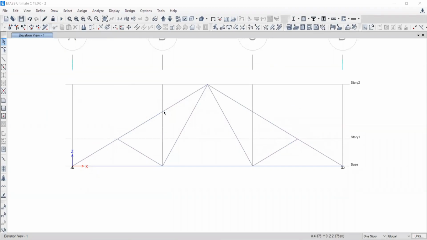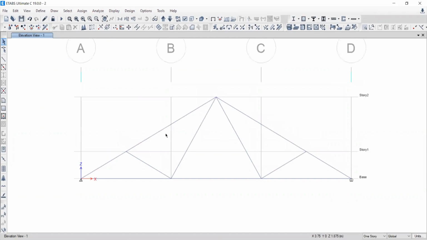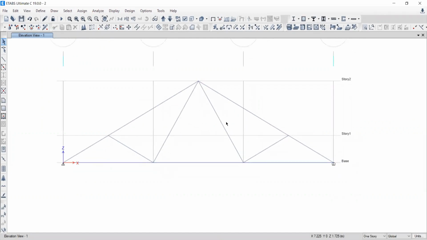After this, what is our intention? Okay, some of you may think that the loading has been removed. Here the loading is not showing. Loading is removed, right or wrong? Hello,